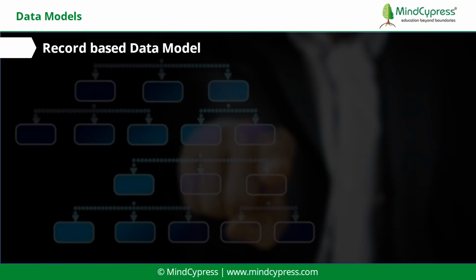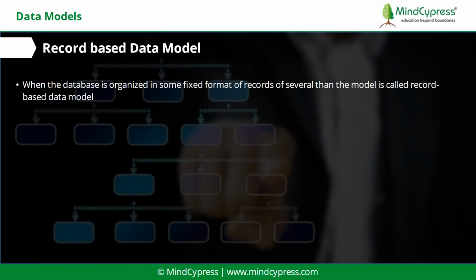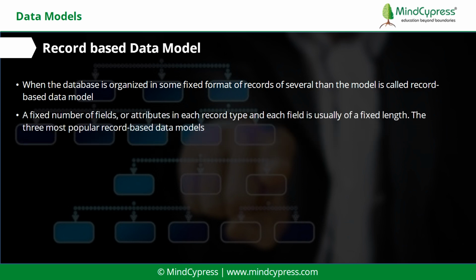Record-based data model. When the database is organized in some fixed format of records of several types in the model, it is called a record-based data model. There is a fixed number of fields or attributes in each record type, and each field is usually of a fixed length. The three most popular record-based data models are: